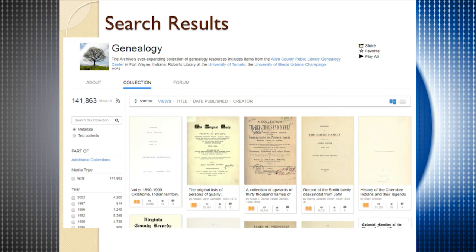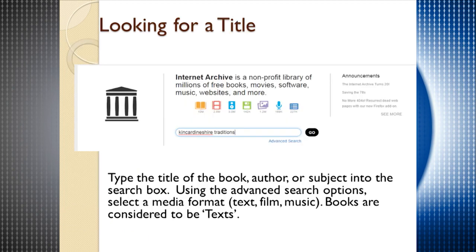Now, looking for a title is important. This site deals in absolutes. It doesn't give you a ranked search the way that Google Books will. The one thing I like to say is that Google Books is great. You can go in there and type in Scottish poetry, and it'll give you a list of items that are Scottish poetry. But if you're looking for something very, very precise, the spelling has to be correct,